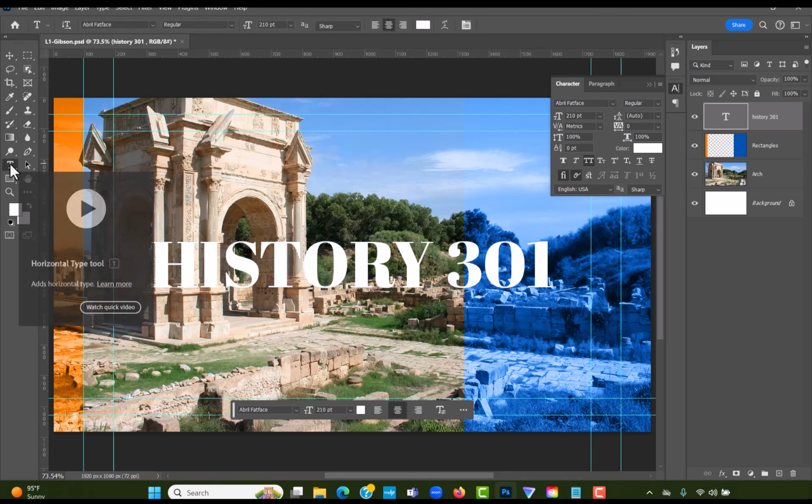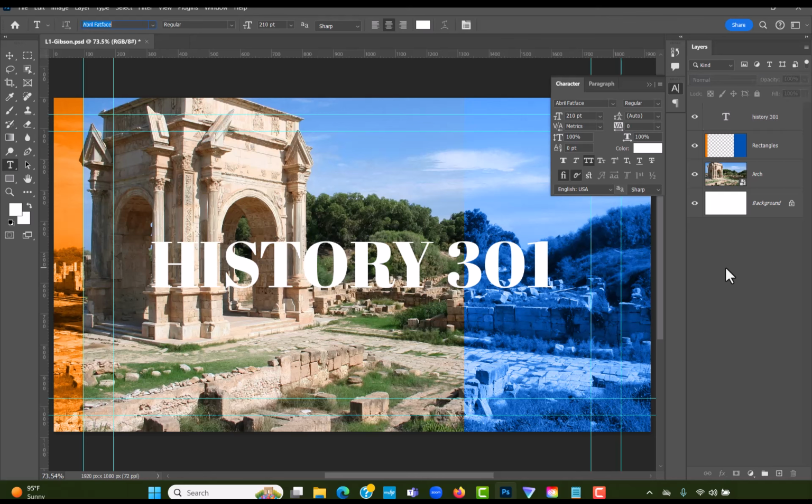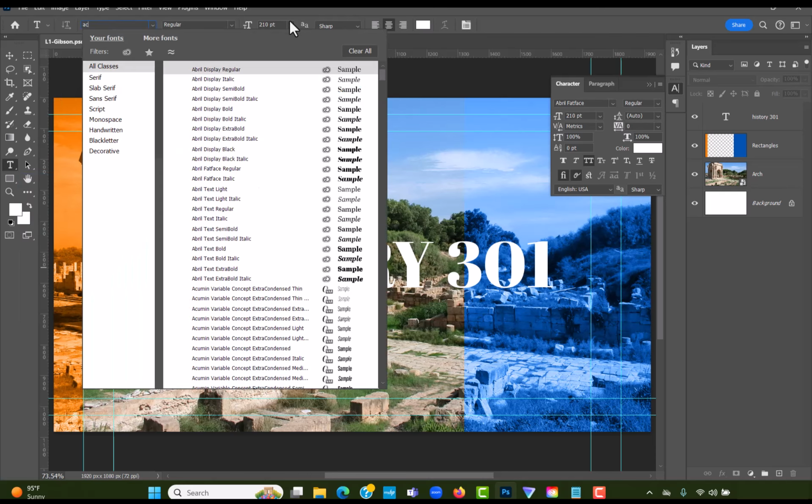And I'm just going to change. I want to make sure that I'm completely off the history 301. So I'm just selecting this gray area right here in my layers panel. I'm going to select the type tool again. And this time I want this to be Acumen Pro